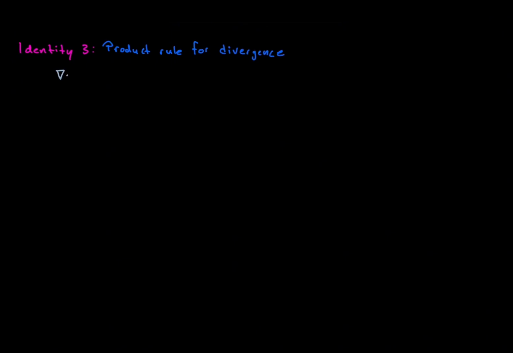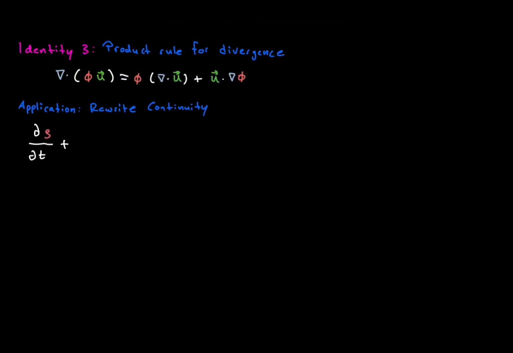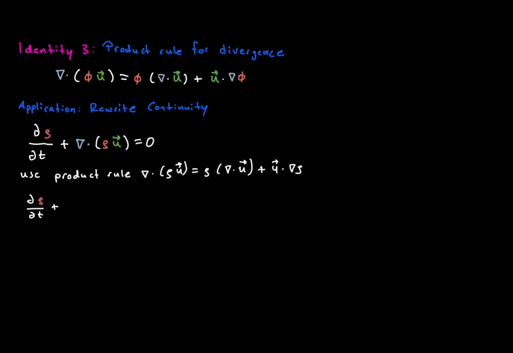Now consider the divergence product rule. The divergence of phi times u equals phi times divergence of u plus u dot gradient phi. Apply this to the continuity equation written in conservative form. Partial rho with respect to time plus divergence of rho u equals 0. Expanding the divergence term gives partial rho with respect to time plus u dot gradient rho plus rho times divergence